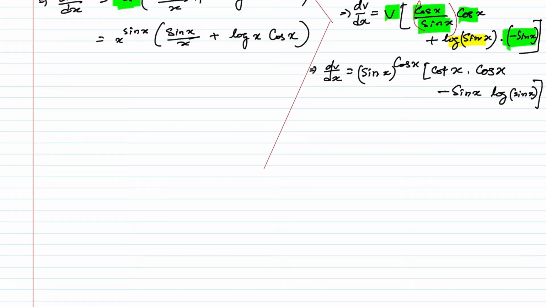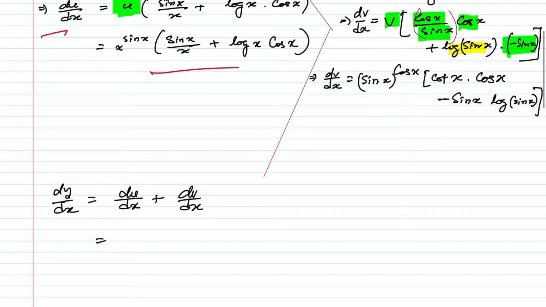Our aim is to find dy by dx. We need to find here dy by dx. So that's going to be du by dx plus dv by dx. So if you replace the values, you see du by dx is this one, and dv by dx is this one. If you put these two values, then here you will get x to the power sin x